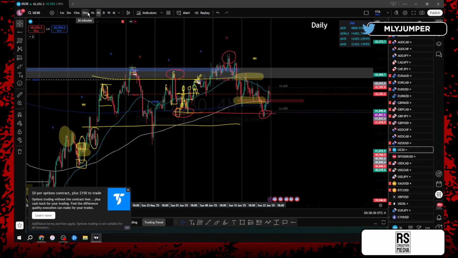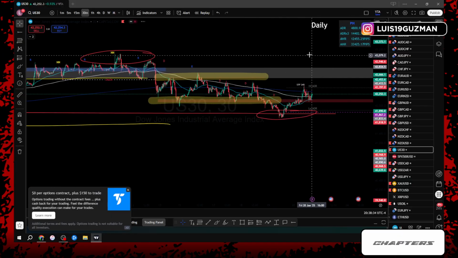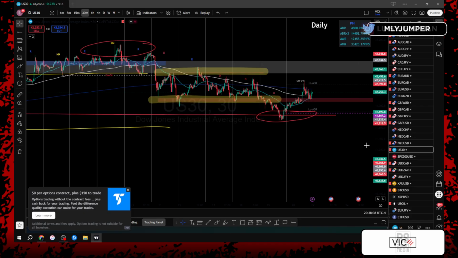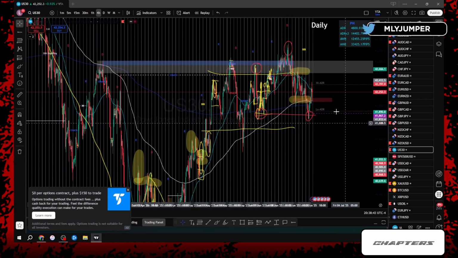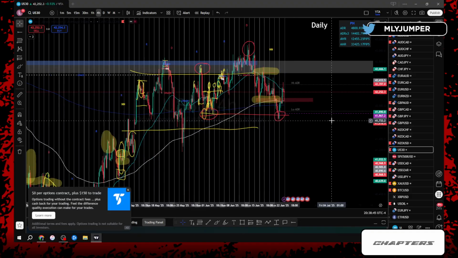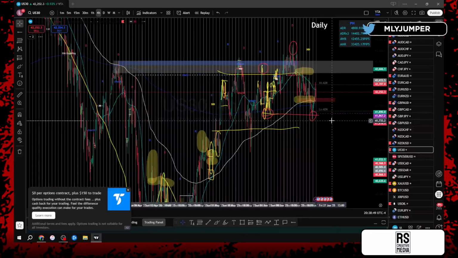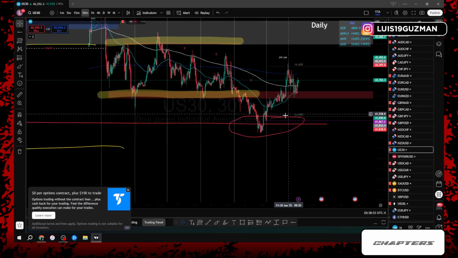No valid break of the highs yet, so we still can't say that this is going to be a higher low. And we know that we still have that gap at the bottom of the market. I can't say that we're sitting at a higher low because we're at the inducement of the high. So what I want to see is lower time frame lower lows and lower highs, which we don't have on the 4 hour time frame, and on the 30-minute time frame.